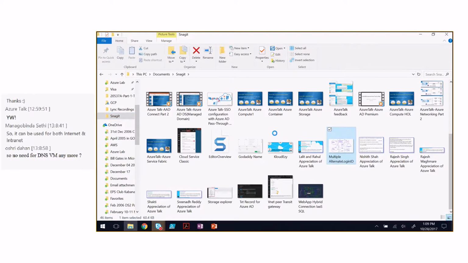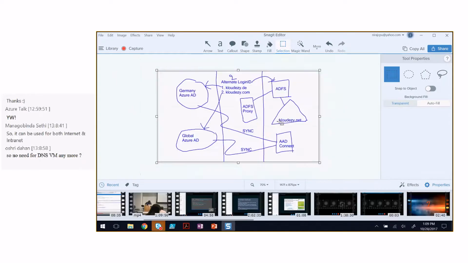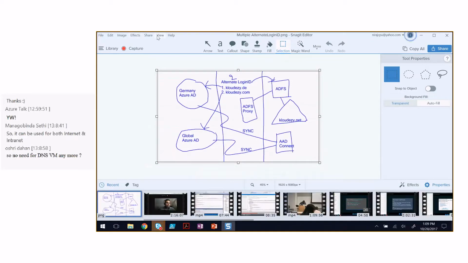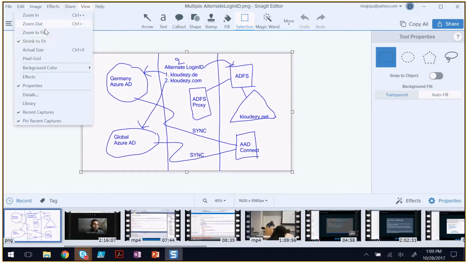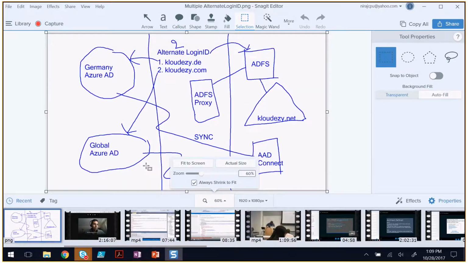So let's see if I can go full screen. Still, it's not visible, Niraj. Let me know if you can see it now. Okay, all right.